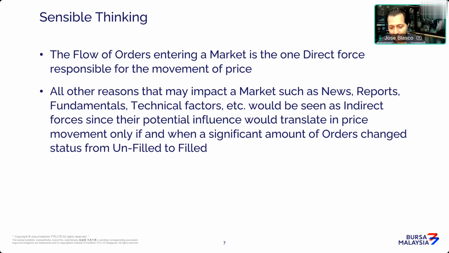But what the tsunami in Japan did is not to move the market. What the tsunami in Japan did is get people to change their orders, maybe add many sell orders, so that when the market opened, the market moved, right? So the direct thing, the last step in the chain, is the orders getting filled, leading to price movement. That's the direct force.